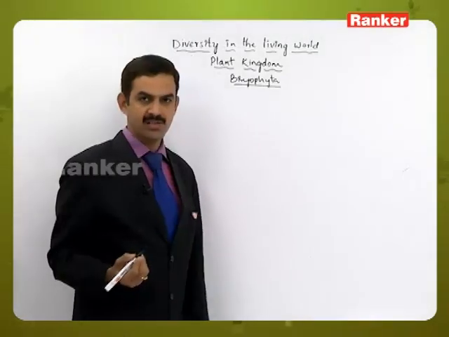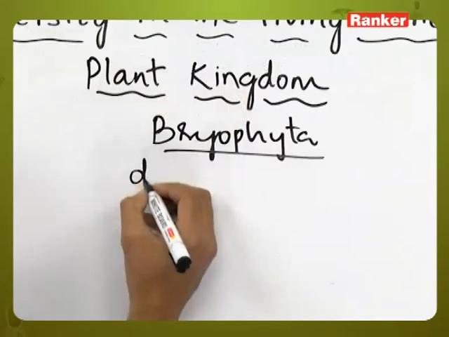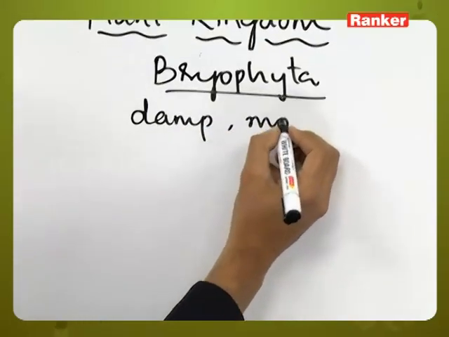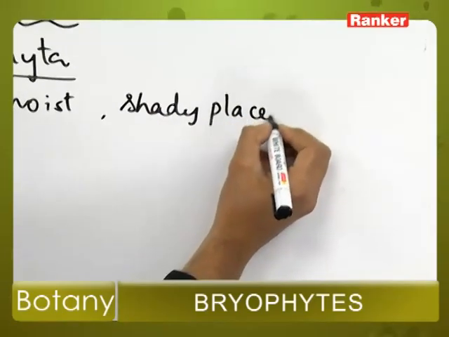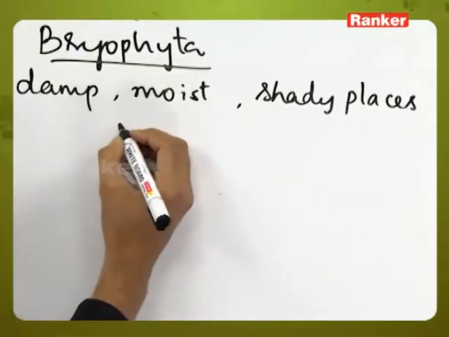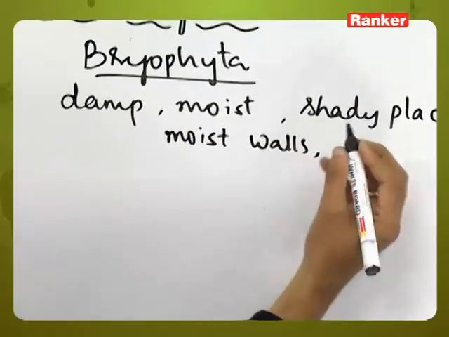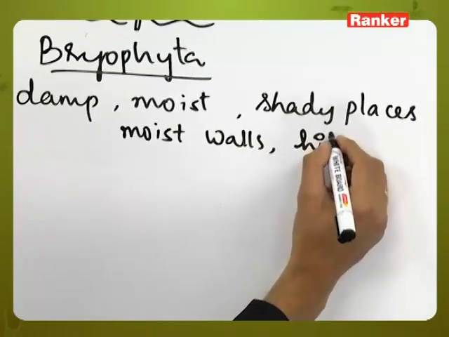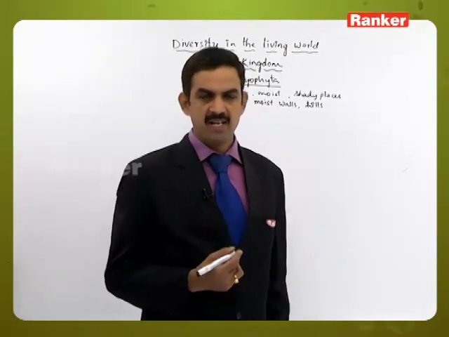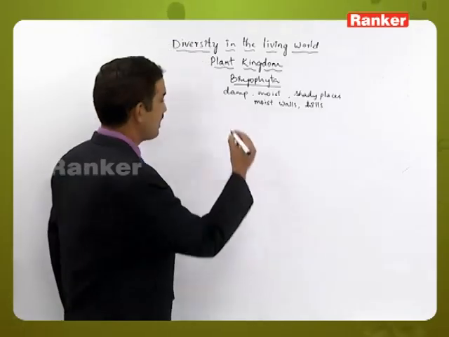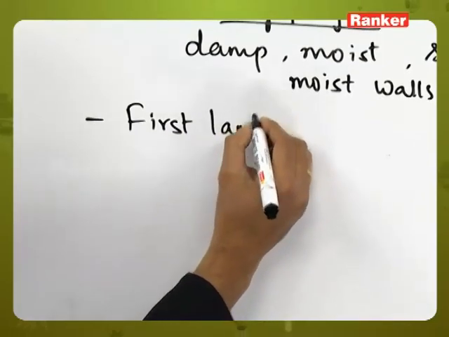Or Bryophytes. Here, Bryophytes are the plants which survive in damp, moist, shady places. Like they may grow on wet walls or moist walls or on the hills or wherever there are shady areas. In such areas they grow more frequently, and Bryophytes are considered to be the first land plants